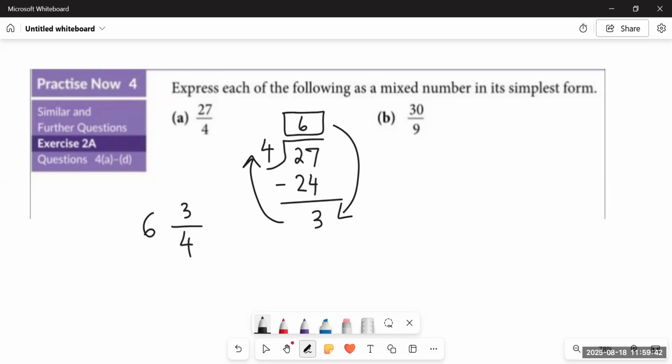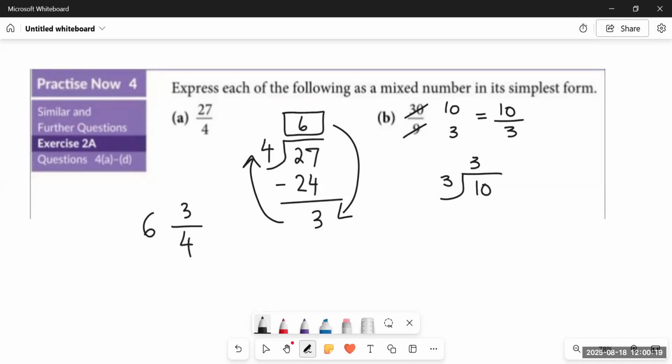In this case, students, what we can do first is simplify it, because the first rule of doing fractions is to simplify if possible. You can see that we can simplify 30 by 9 with 3. We can divide both by 3 because both have the common factor 3. 3 tens are 30 and 3 threes are 9. So it becomes 10 upon 3. Now it would be better if I divide 10 by 3, and I'll show you that even if I had converted 30 by 9 directly, I would have got the same answer.